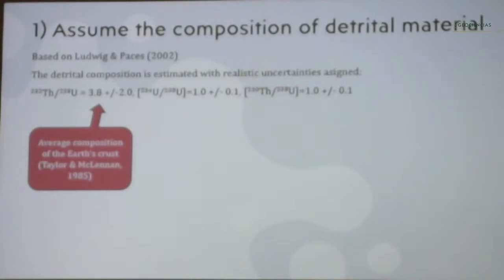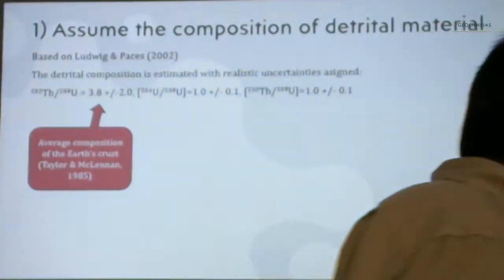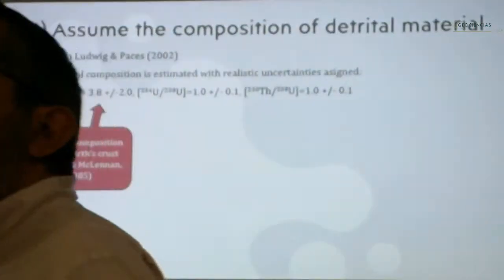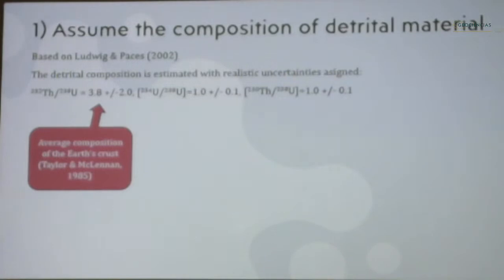The first way to do it is actually to assume it, and again, Ken Ludwig started with this method. Basically, let's say, okay, I don't know the isotope composition of the detrital material, but I know that this is being measured at the Earth. So we know the elemental composition of the Earth. There are people working on the elemental composition of the Earth, and the elemental composition of the Earth crust has been